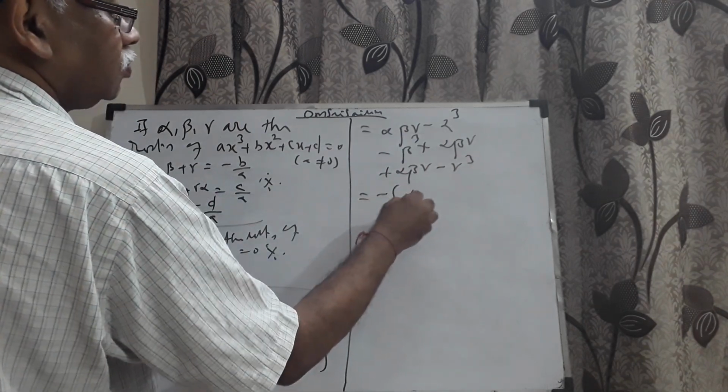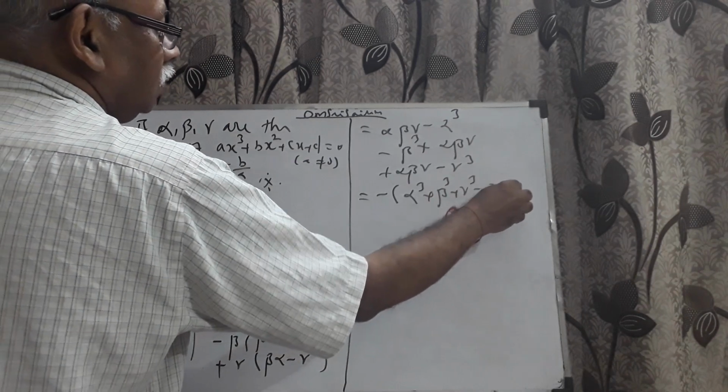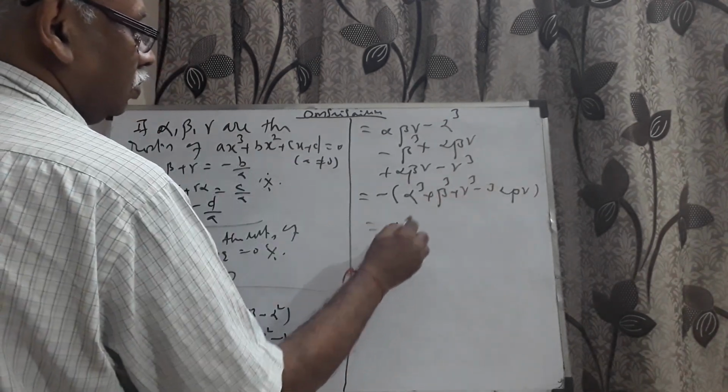Let me take minus as common. Alpha cube plus beta cube plus gamma cube minus 3 alpha beta gamma I will have, which will be equal